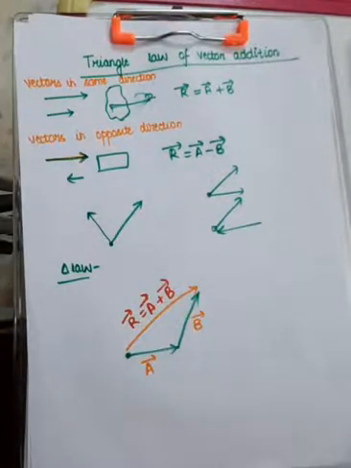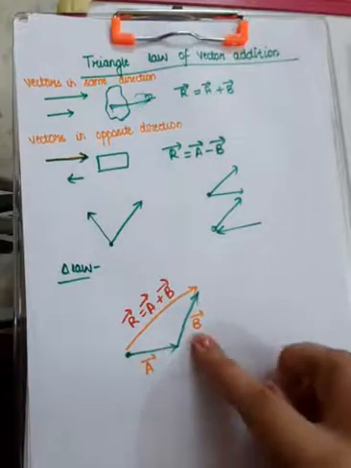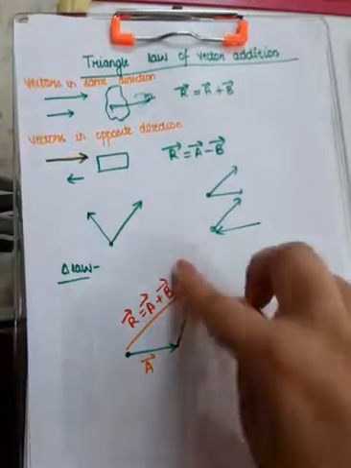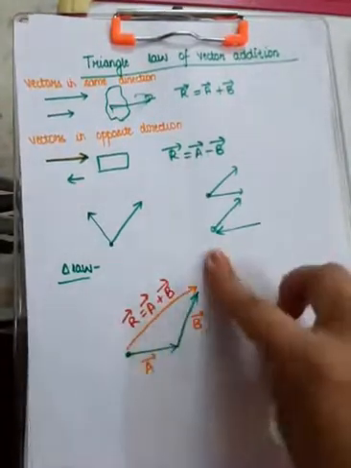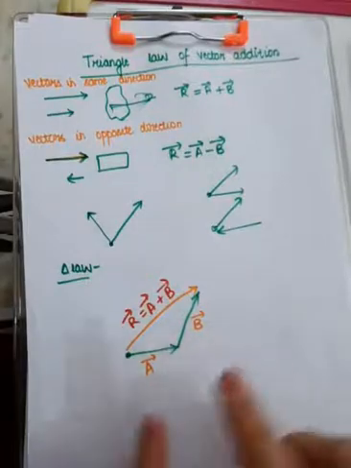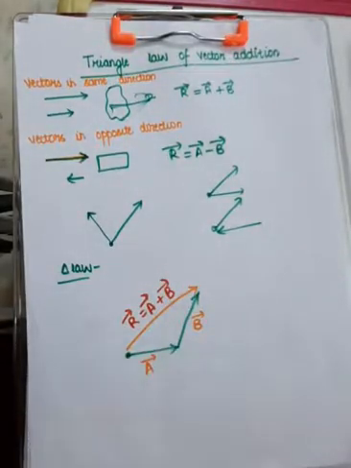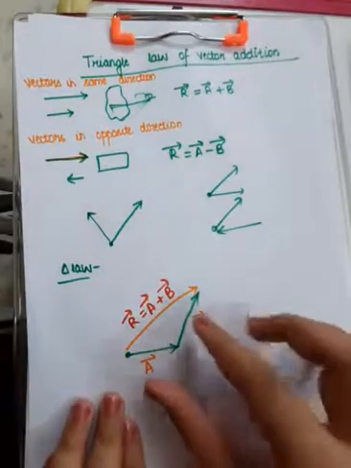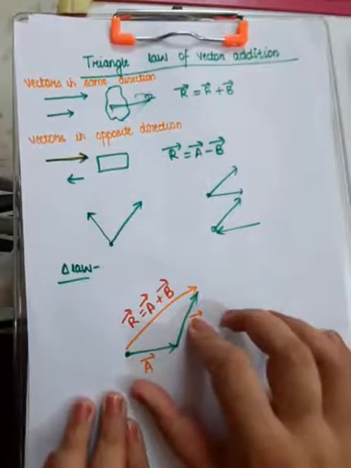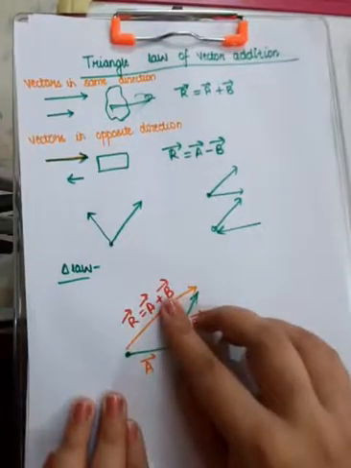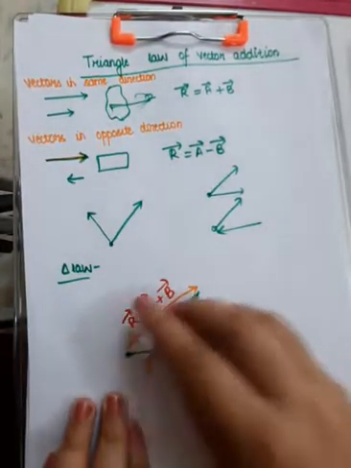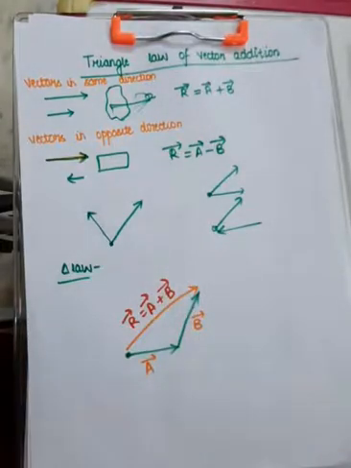You saw this when I was teaching you about displacements. If the person goes from here to here and then from here to here, the overall displacement will be like this. In that case, it was a right angle triangle that I made. Here I am taking random directions. So in this case, the overall effect of these two things will be this. You got it? R vector equals A vector plus B vector.